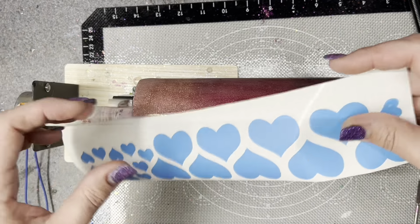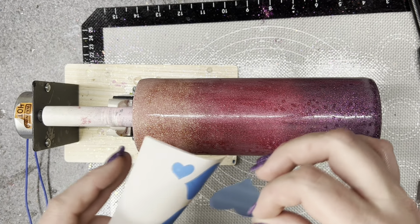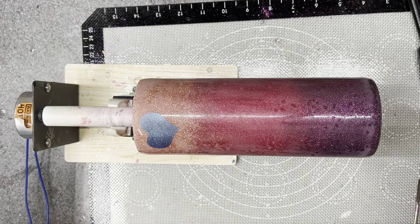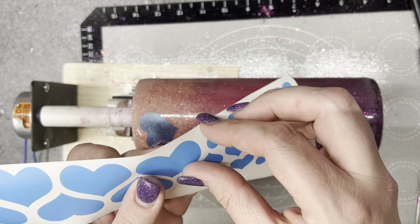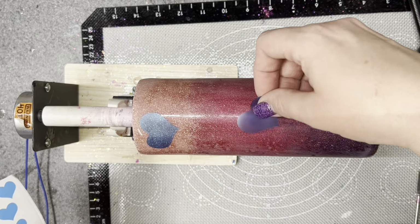So I have these that I cut out. I just went ahead and used stencil vinyl since the other vinyl that I was using was not cooperating and it was making me a little bit irritated. So I'm just going to randomly place these all over. And this is just a generic heart that I drew on Silhouette Studio. So we're just going to go random, sporadic,